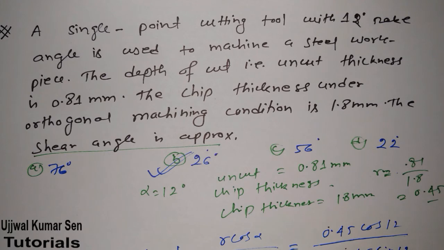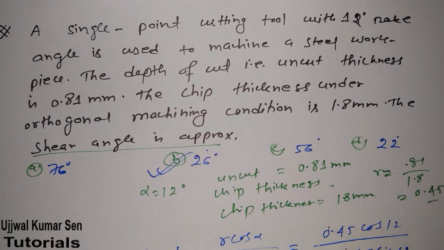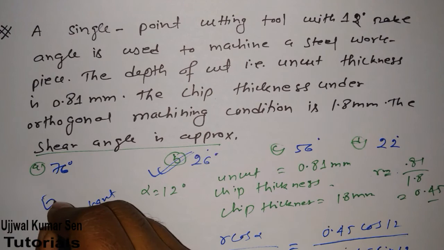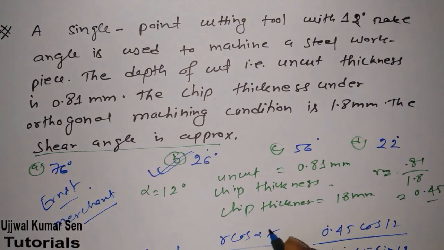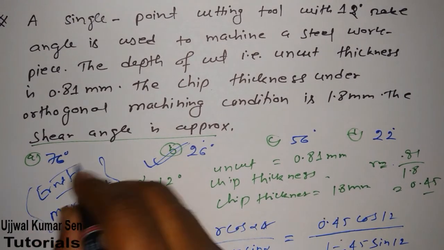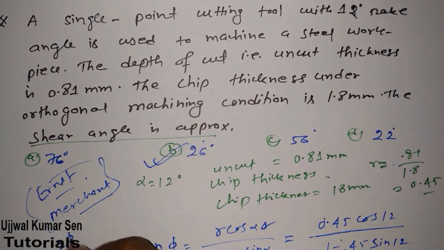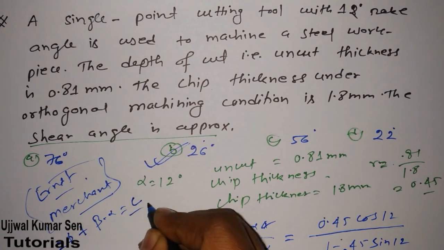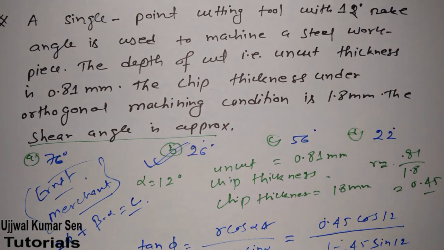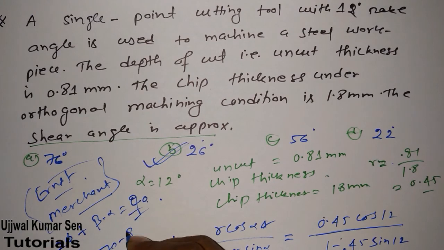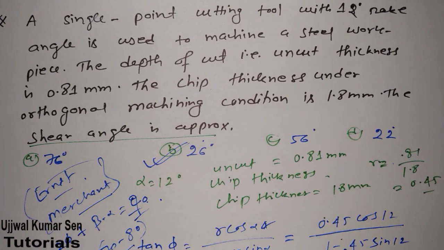Another thing I would like to share with you, which they can probably relate in the examination, is Merchant's theory or Ernst's theory. Because alpha is here, at most they may try to confuse you by giving this relation. In this relation we get 2 phi plus beta minus alpha is equal to a constant, and this constant they usually give. They will probably give you 90 degrees or 180, depending on them, but for steel it's about 70 to 80 degrees.